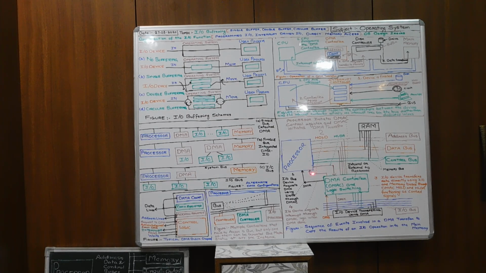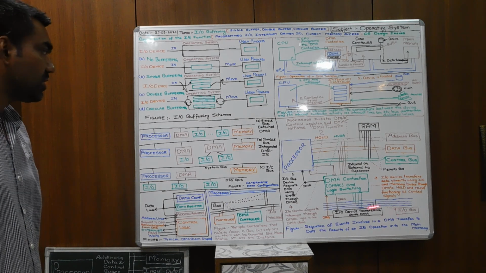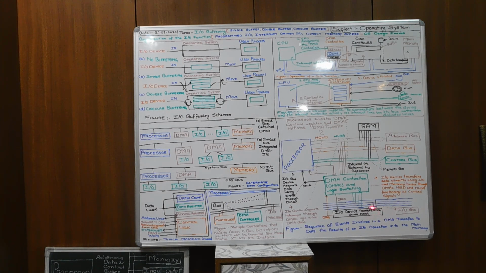So there are two channels, the HOLD channel and the HLDA channel. With the HLDA channel, what we are thinking of is the IO devices. The IO devices will be having access to the